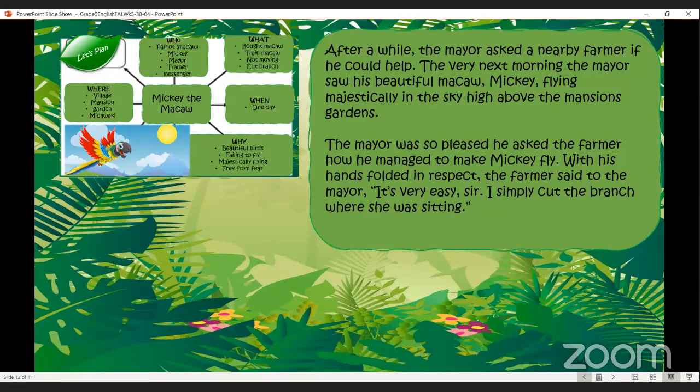Any ideas? We have abilities, never give up. Okay, don't be shy. Right, that's good thinking. I like it. Look, parrots are going to sit on a branch. They're birds. Okay. But he was a baby when the mayor got him, remember? Put him on the floor. What if the cats get him? Cats love to chase birds. And a macaw is a very beautiful and expensive parrot.